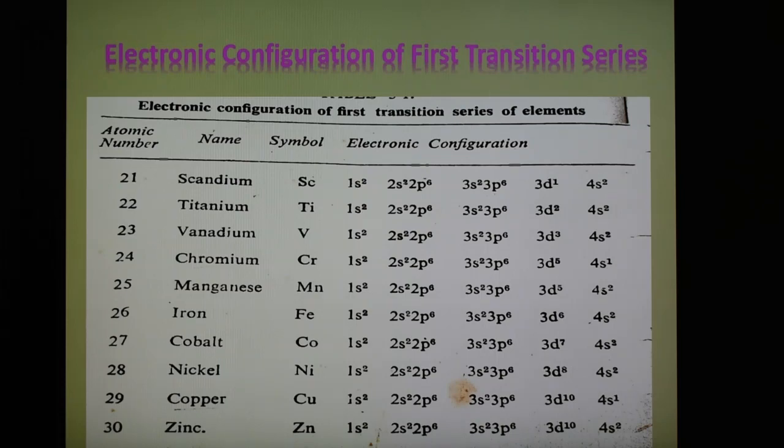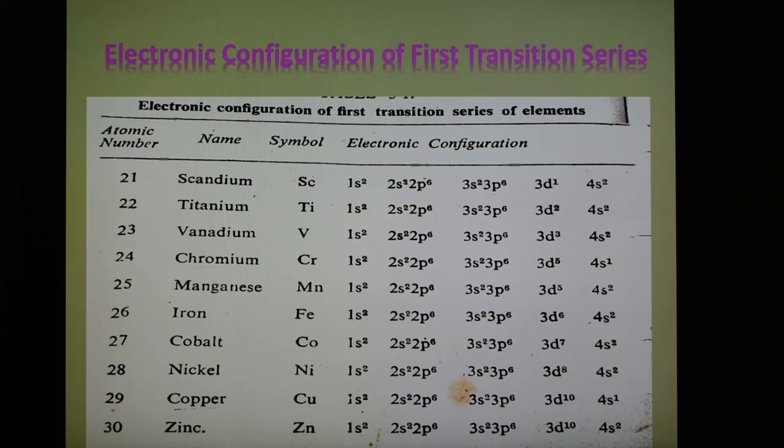Importantly, the incoming electron goes to the 3d orbital, and this table shows that after the electrons are filled in the 3d orbital successively, up to zinc, all transition elements have 2 electrons in the 4s subshell, and 1 to 10 electrons in the 3d subshell. Two elements, chromium and copper, however, show a different configuration.